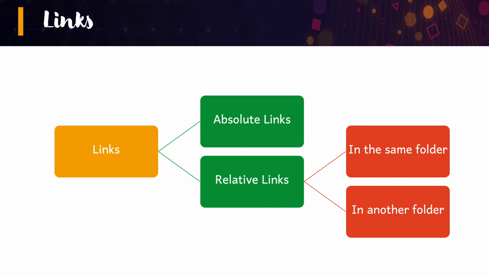But even in the relative links, there are two subsequent types. One is called a link for a particular file or an image in the same folder or in a different folder. Imagine you are looking for a house in the same street as where you are, or it is in the next street, right? Both of them are relative, but one is telling you that the house we were looking for is in the same street, but in another the house is somewhere in the next street, so we have to go a little bit further. These are two kinds of links. Now, enough of theory, let's look at an example.